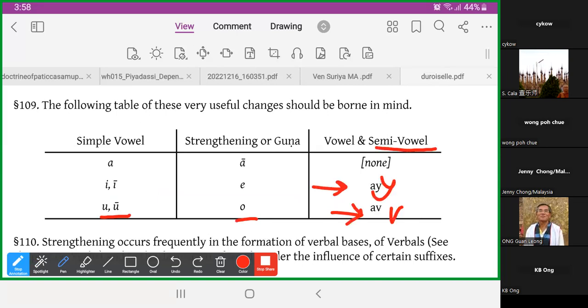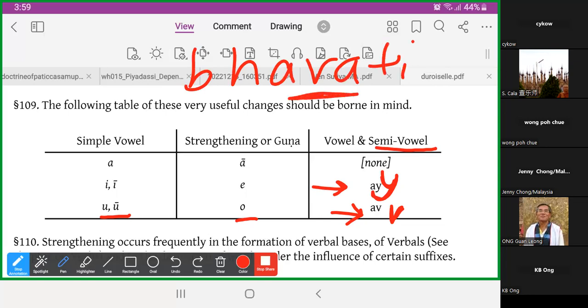So this is called semi-vowel because it actually is a consonant, but this consonant is related to the vowel here. That's why the name is called semi-vowel. You'll notice some changes in Pali sometimes. For example, this word Bhavati. So this V, if you straighten it, becomes O. So you drop the B, become H. So Bhavati is the same as Hoti.